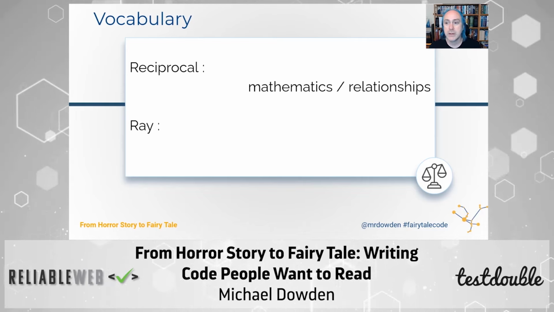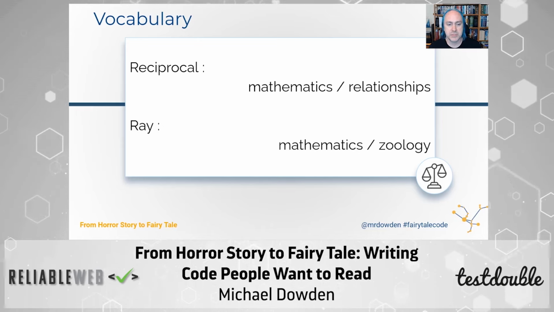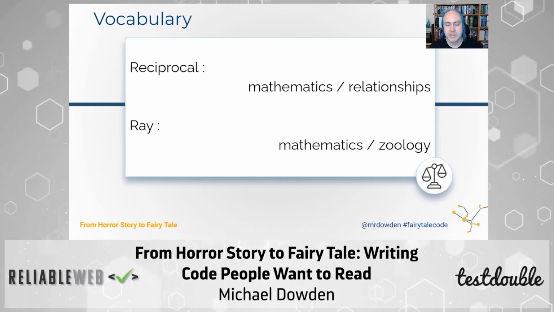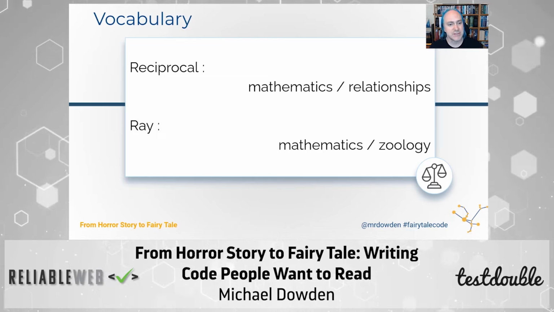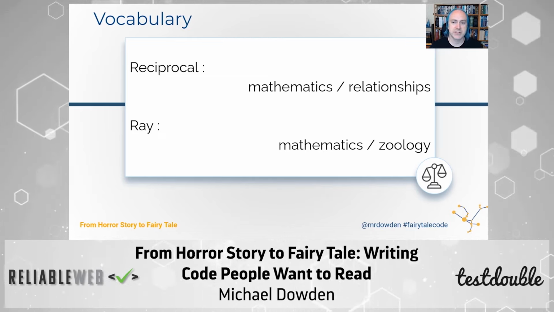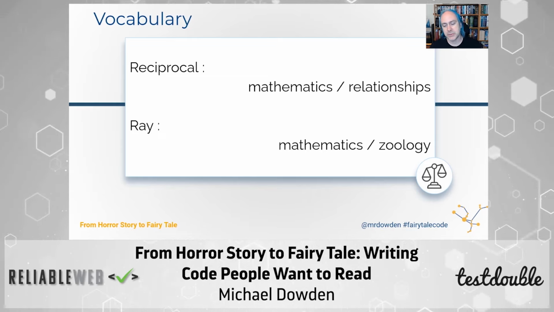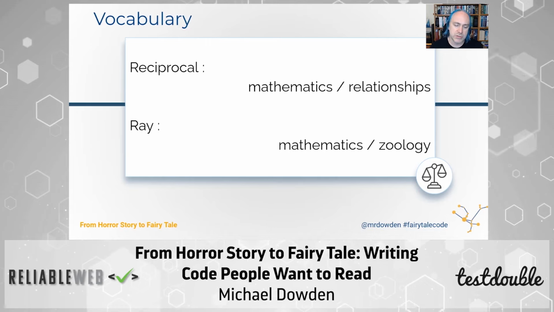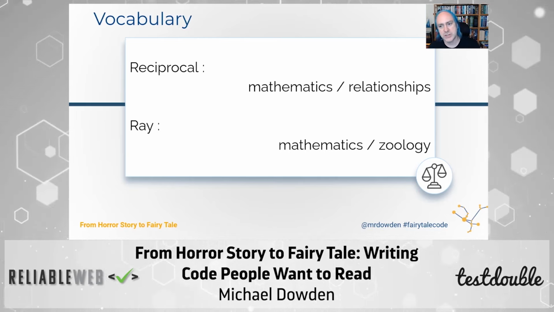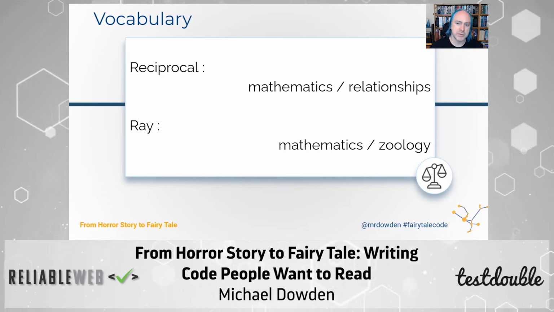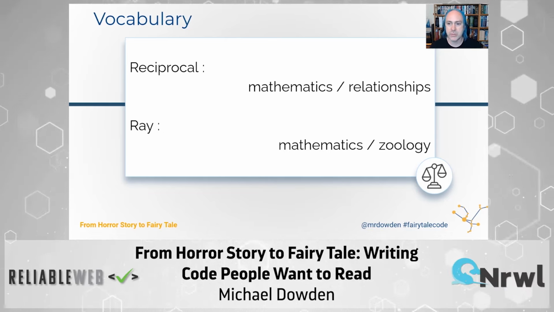Ray. Again, in math, this is a line with a starting point, no end point. But in zoology, right, it's an animal that swims in the ocean. So those are two very different things, but the same word. So the context is really important there. In insurance versus the banking industry, for example, you'll end up with a lot of the same words with slightly different definitions of meanings. So switching between industries can often mean learning a new problem domain space. It can mean kind of relearning some words that you didn't know before.